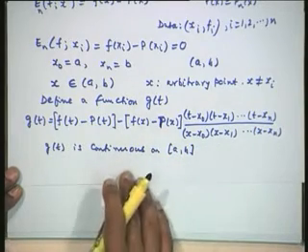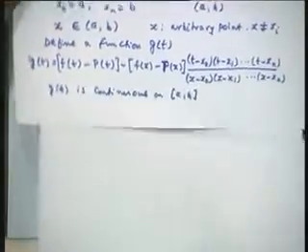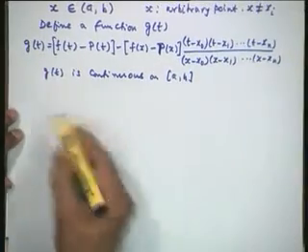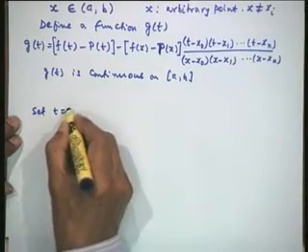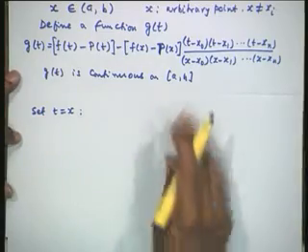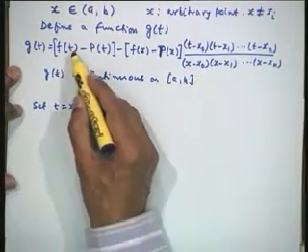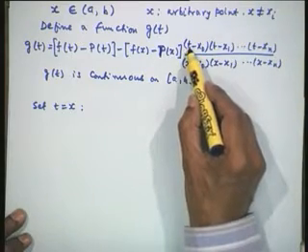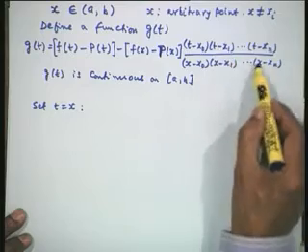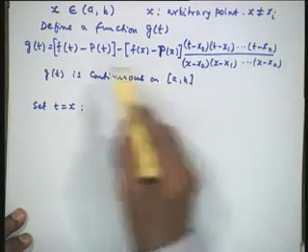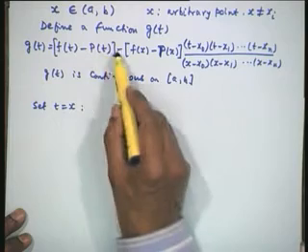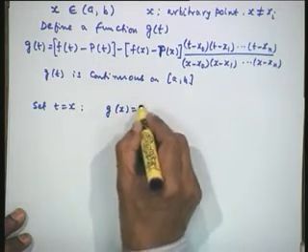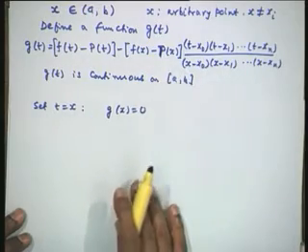g(t) is a continuous function. Now, let us look at the property of this g(t). Let us put t equal to x. Before we look at the first factor, let us look at this last factor. When I put t equal to x, this is the same as the denominator, all the terms are the same, therefore they cancel off and we will have 1. When t is equal to x, this is f(x) minus p(x) minus f(x) minus p(x) into 1. Therefore, g of x is equal to 0, because this is the same as this.